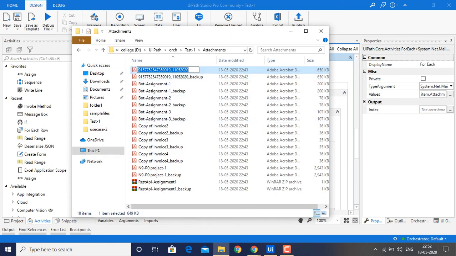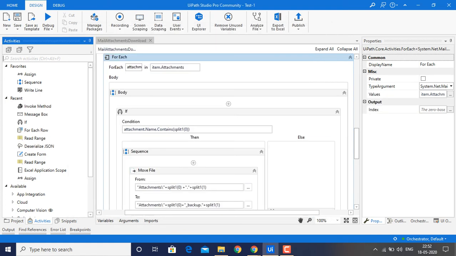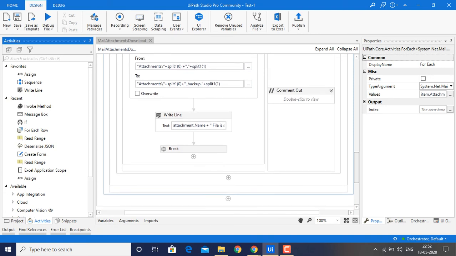Now with the extension, guys, we will get dot pdf underscore backup, like this, not any pdf file, guys. That will be a pdf. I will do that one also. Let me show you later.